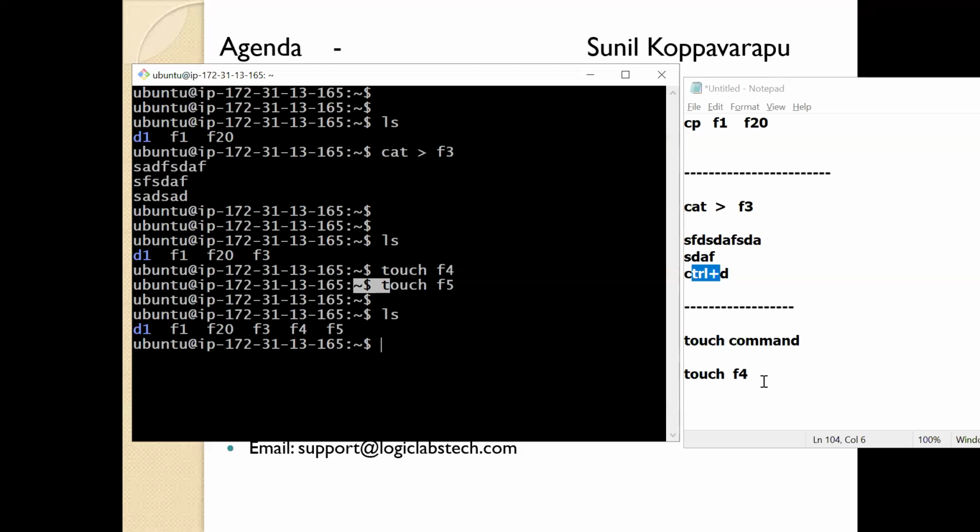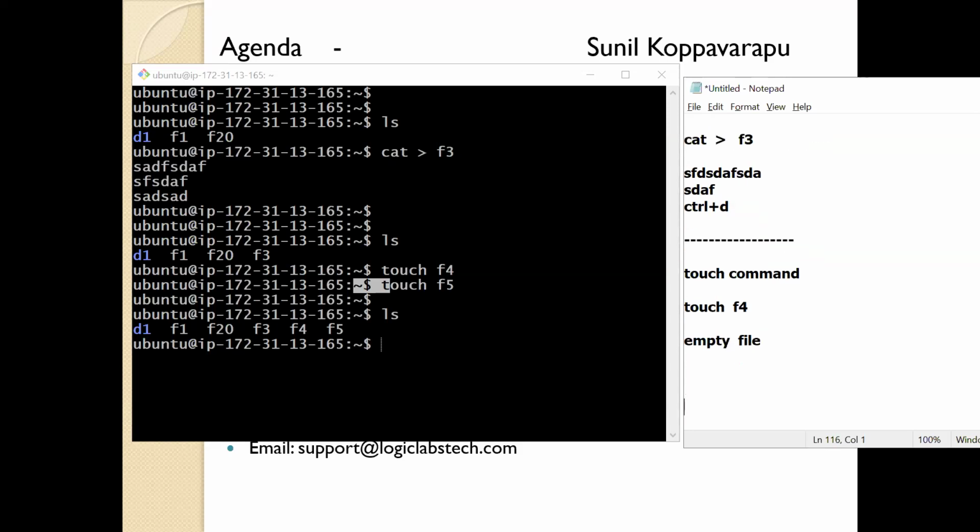Yes, the purpose of the touch command is to create an empty file. If your plan is to create an empty file, later, if you want, you can edit it and write some content. But when you want to create an empty file immediately, you can do it by using the touch command. Okay. Now ls -l